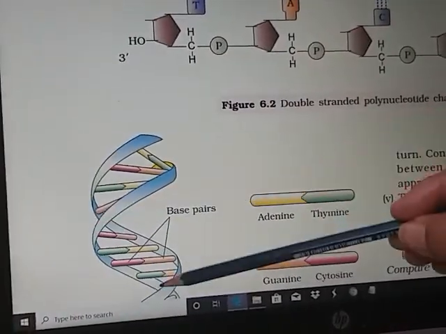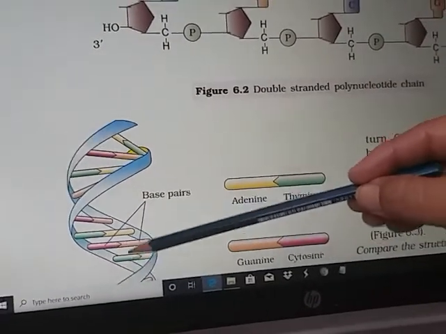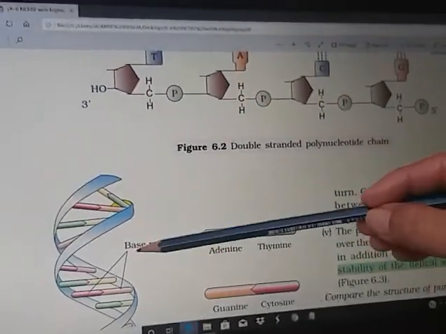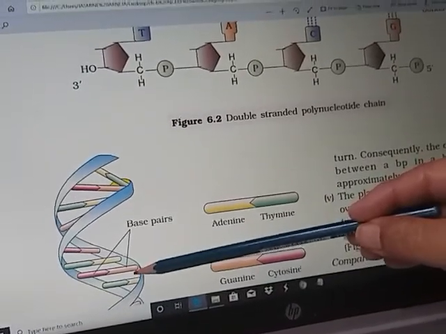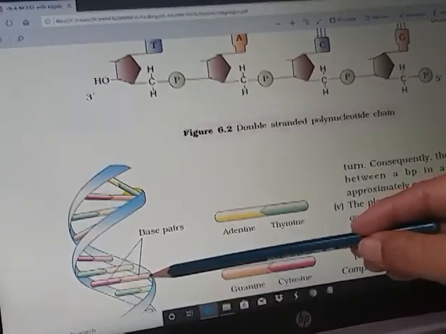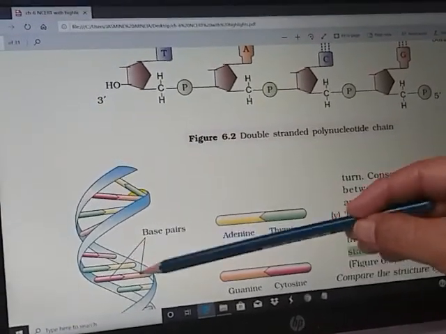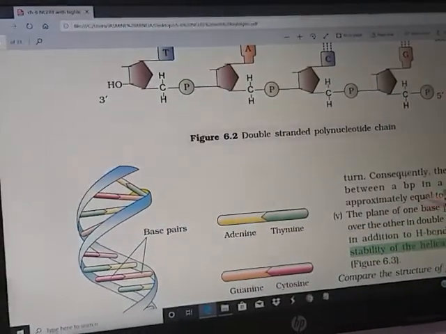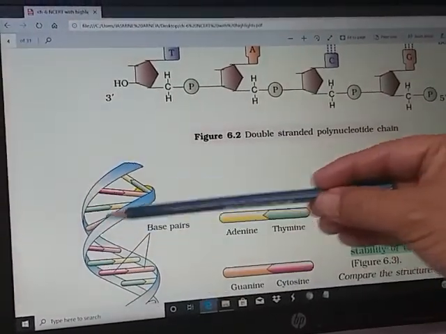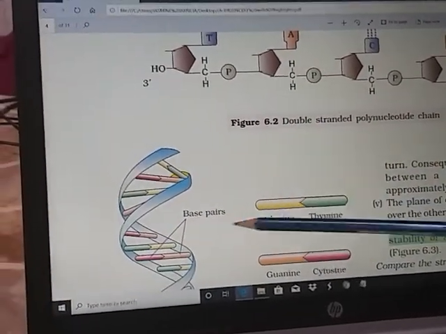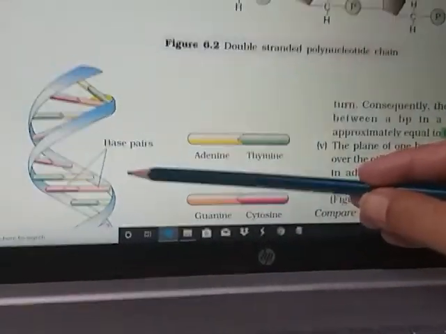Means this is the pitch which has 3.4 nanometer, and there are 10 base pairs. Distance between each will be divided by 10. Answer is 0.34 nanometer between this and this. 0.34 between this and this means adjacent bases, because there are 10 bases here in this much distance, and this much distance is 3.4, and distance between two nucleotides will be 0.34.